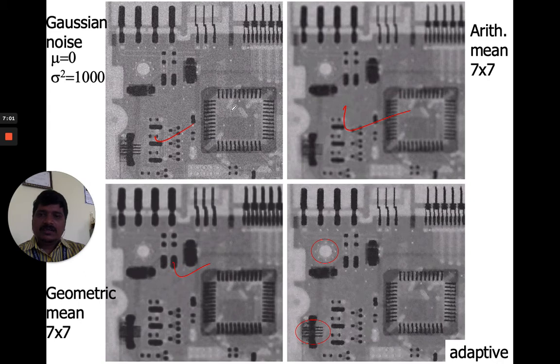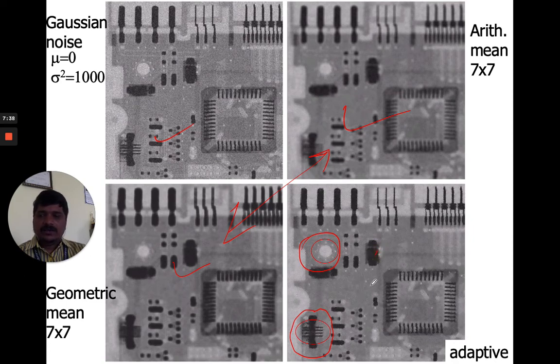But if you observe, the blurriness is not removed in these two particular filters. Whereas in the adaptive filter, you can see that the blurriness is completely removed. You can have a proper visibility of the PCB, and this is the structure where we were getting some problem. That you can very easily handle with the adaptive filter. So that's why most applications in digital image processing go for the adaptive filter only.